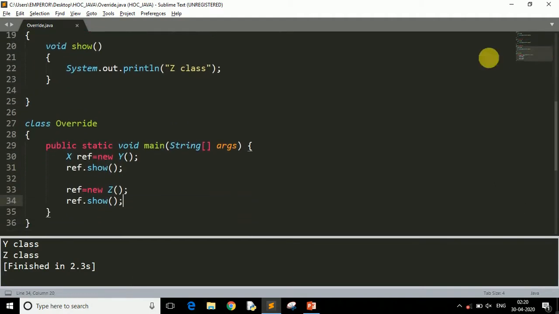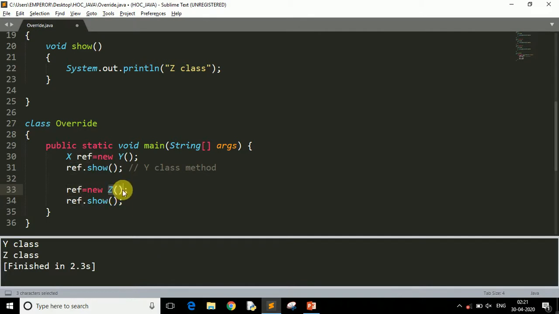Because first we created the reference variable of x, which is the superclass, equals new y, so our object is y, and then reference dot show calls the y class method. And here, as you can see, we have used the same reference variable of class x, our superclass, equals new z.